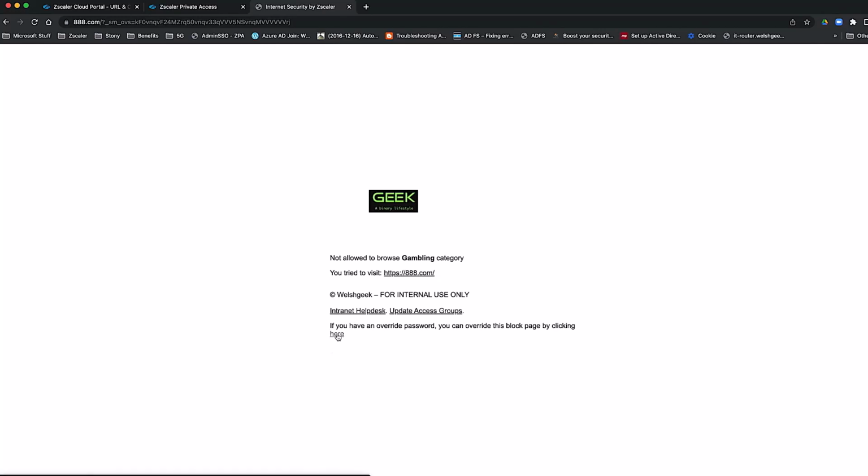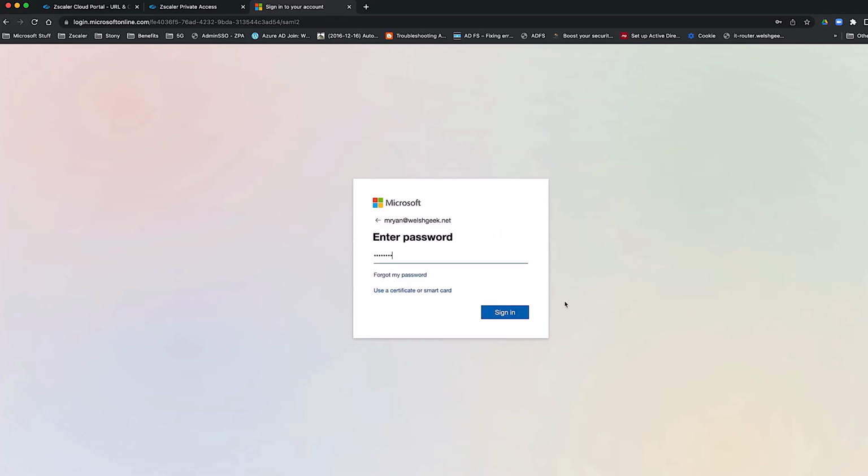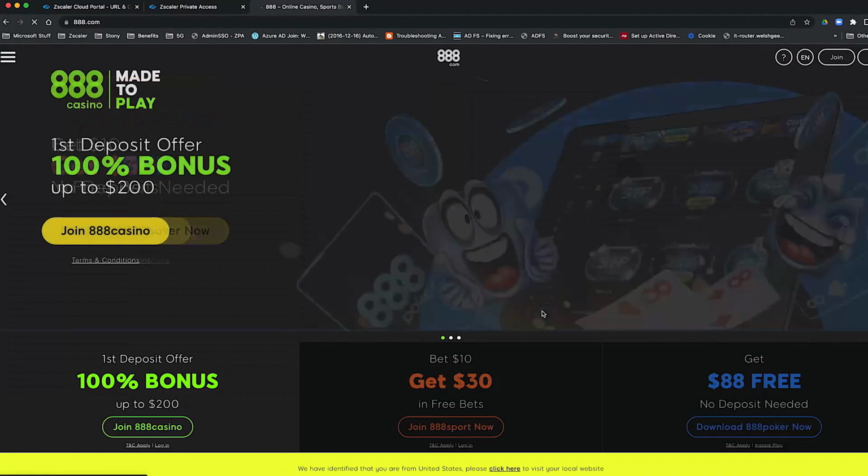behalf of the individual. So they click here, it's going to go through the SAML authentication, it's doing a force auth-n. Specific users are allowed to override that, so in this case it's myself. I'll click next. I'm forcibly challenged to enter my password. I will also be forcibly, because of my IDP configuration, asked to enter my multi-factor token. And at this point, that's authenticated, it's approved, comes back through the IDP flow, and then I can access that